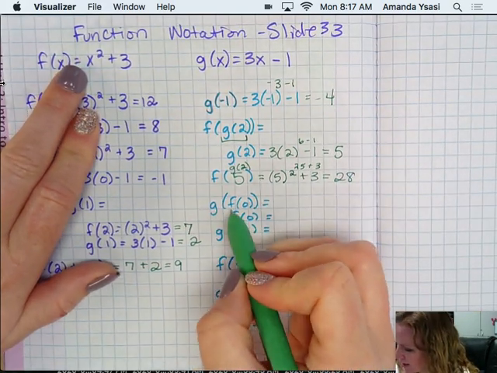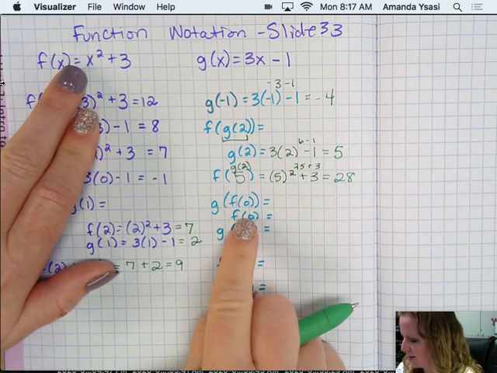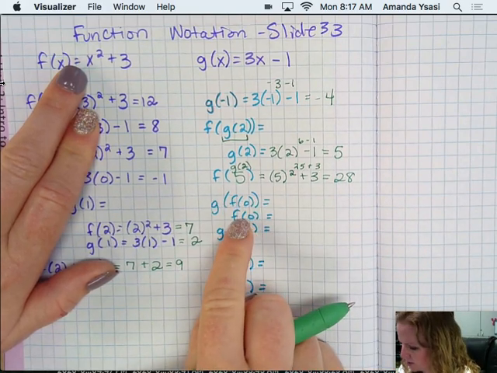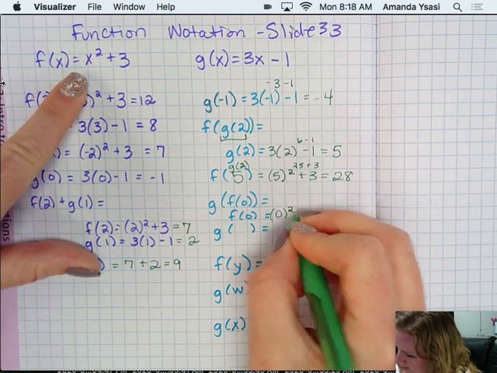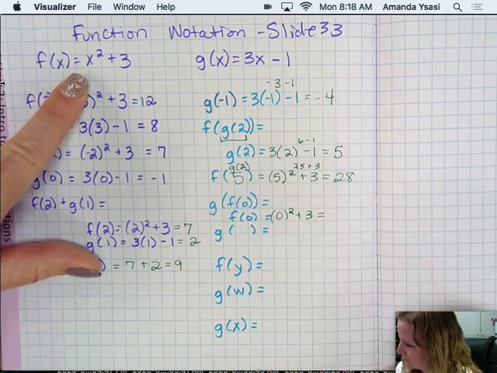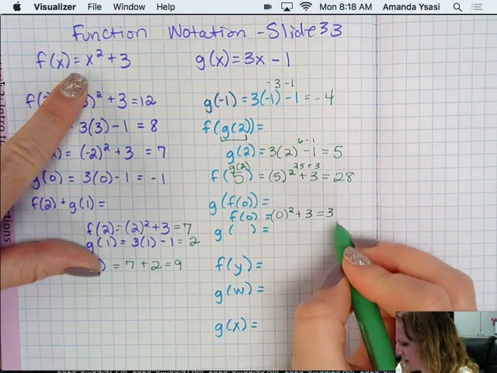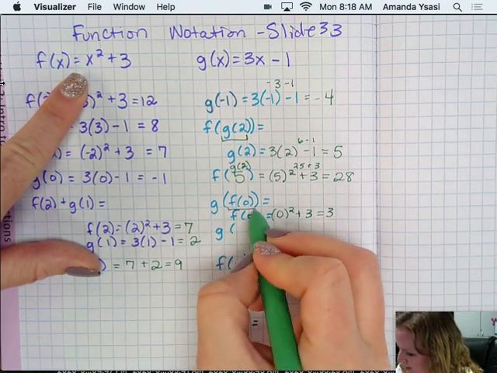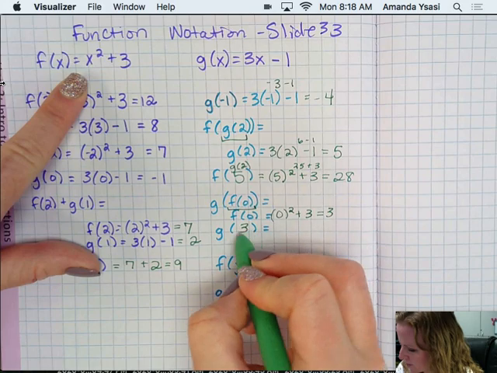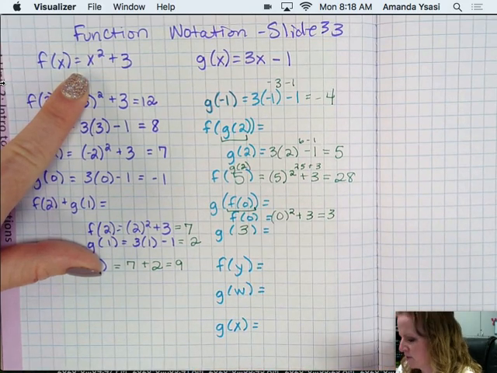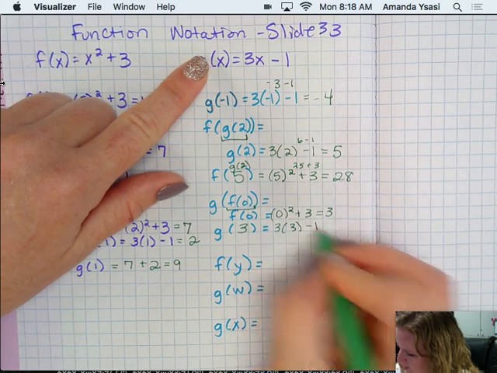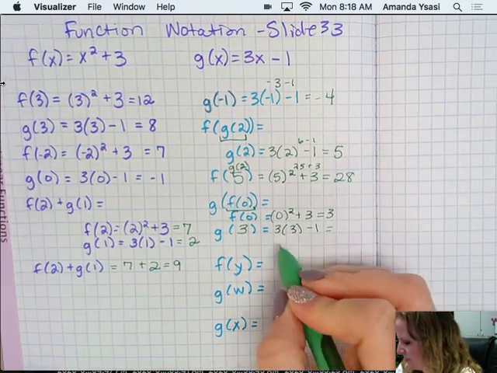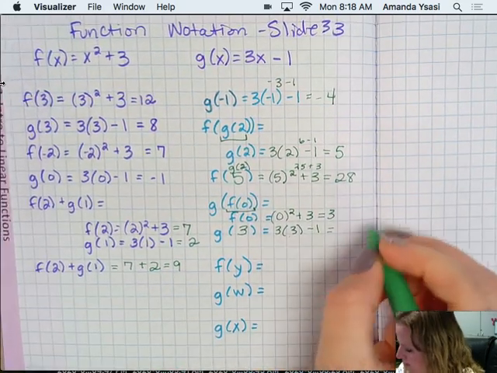Okay, g of f of 0. So that means I need to do f of 0 first. So f of 0 would be 0 squared plus 3, which is just 3. Then I'd plug in, instead of writing f of 0, I'd plug in 3 here for f of 0. So that'd be 3 times 3 minus 1. 3 times 3, 9 minus 1,